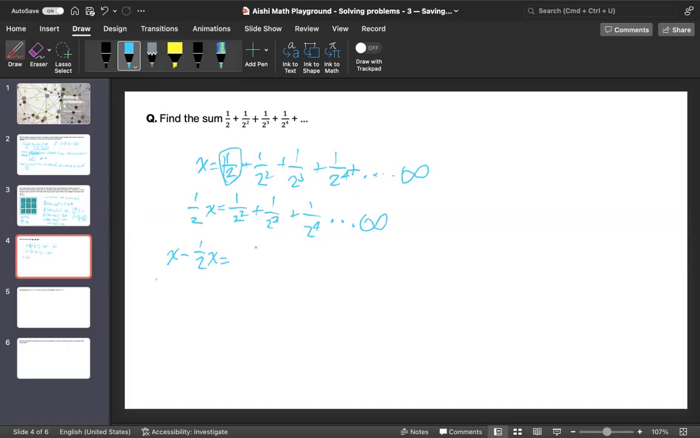So we only get 1/2 because this is 1/2^2, 1/2^3, and so on. It's going to keep crossing off. So (1/2)x is equal to 1/2, which means x is equal